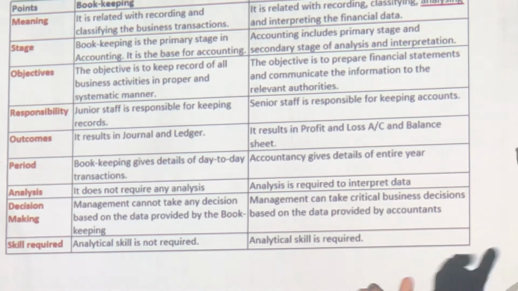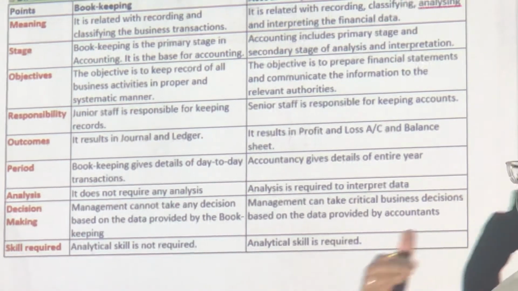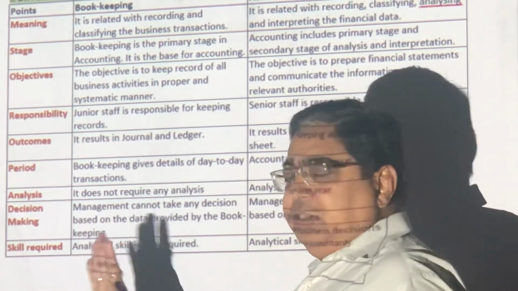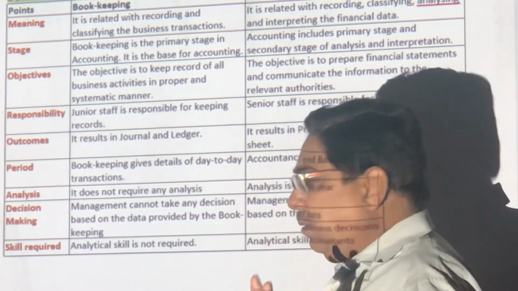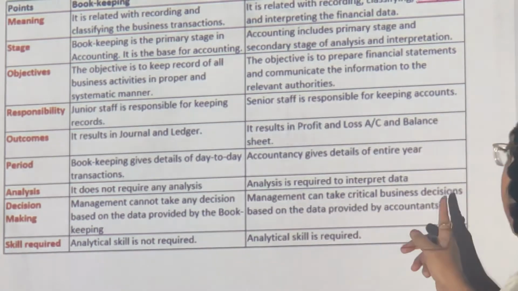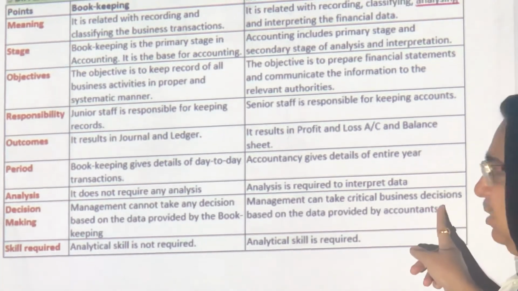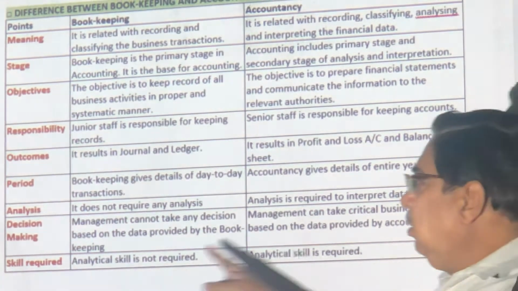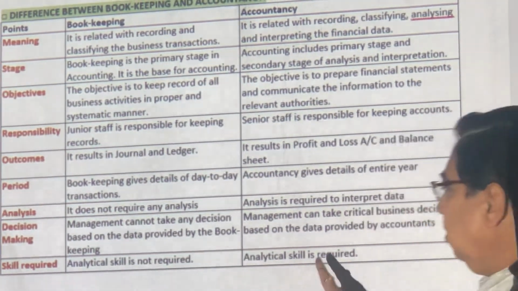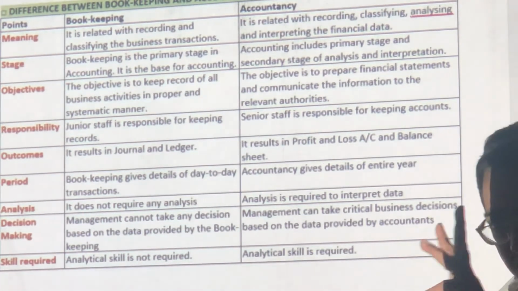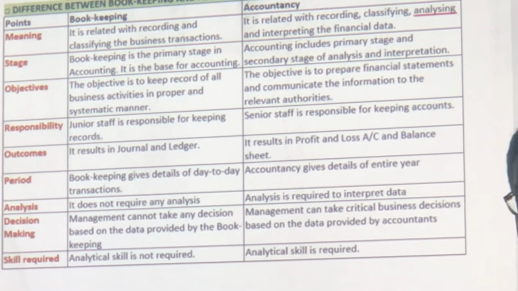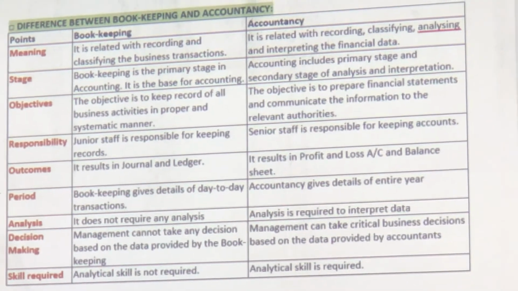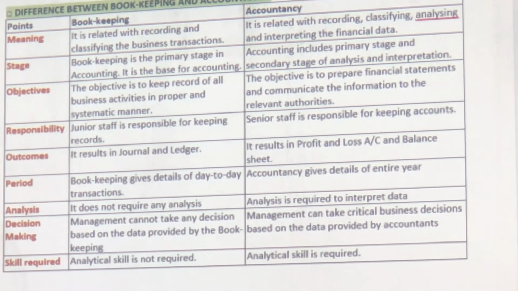Here, analysis: percentage earning, percentage loan which has gone bad, percentage I have money which is not collected. Decision: no decision is to be taken, you just write the book. Here, we will take decision upon ratio, percentage, comparison, what to do, where is the fault, how to correct it. Here, no skill, just write. Here, you must learn to analyze, find out the way in which to catch the problem and solve the problem. Okay, my friends? So this is for 3 marks distribution between bookkeeping and accountancy.